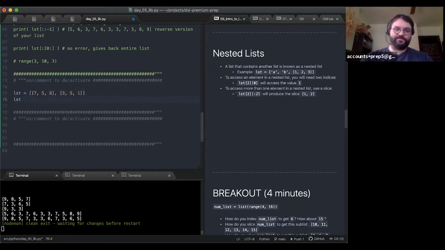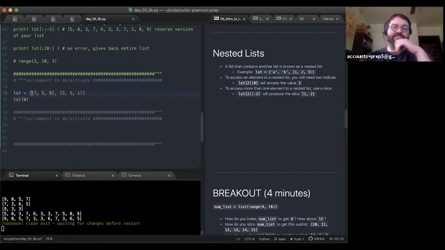So remember, I can subscript. So how many elements are in list sub 0? Yep. So we got 3 elements in list sub 0 because list sub 0 gives me back this list. So this list sub 0 refers to this list.